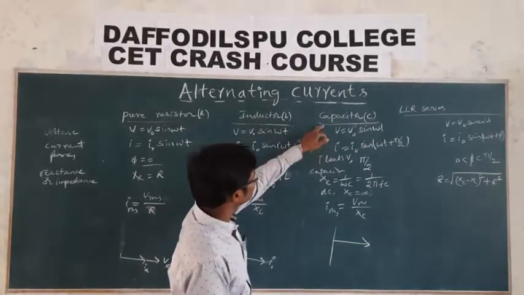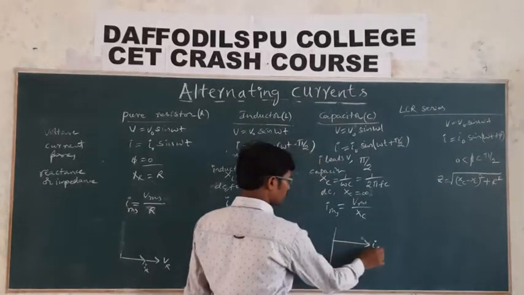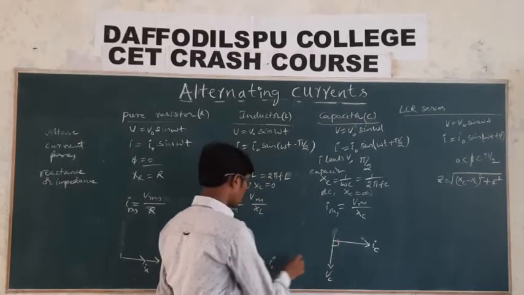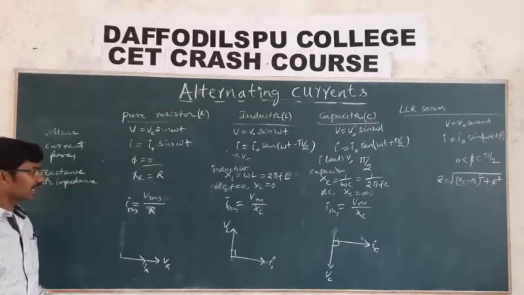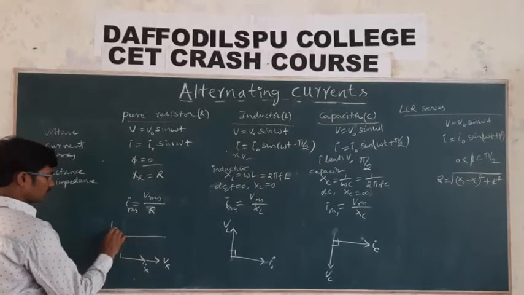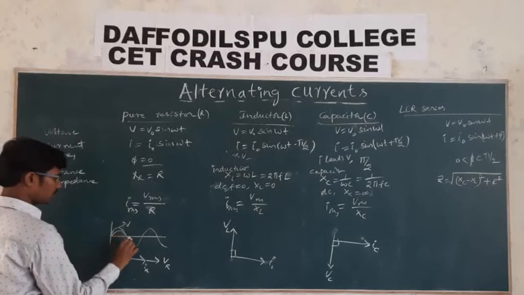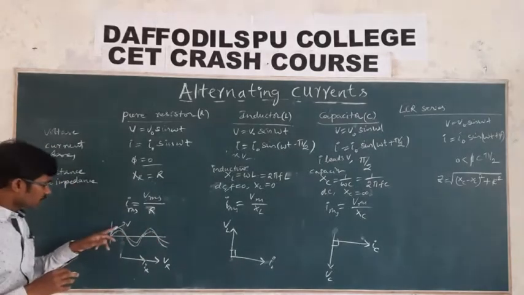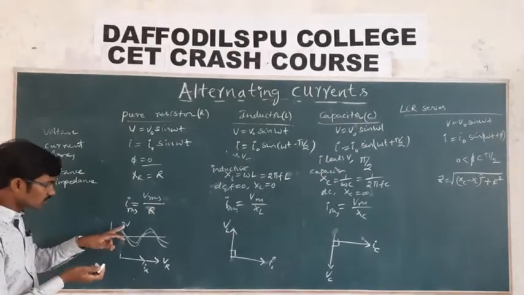circuit, current is leading the voltage. Current leads the voltage. Let us take it is IC, and this is VC. So current leads the voltage by pi by 2. Current lags the voltage by pi by 2. And even let me draw the phase diagram. If it is voltage, and then this is current, all are in the same phase. Remember, crest and trough and plus both are intersected, so that those are in the same phase.